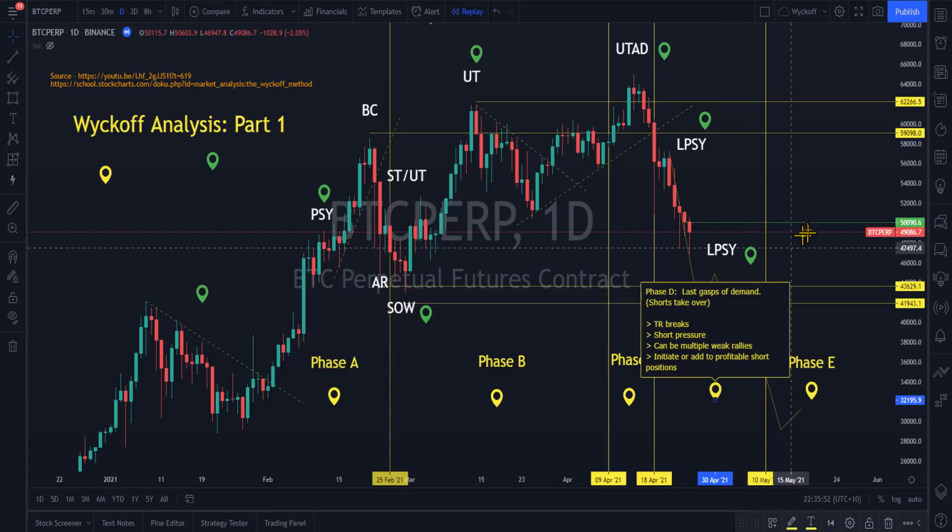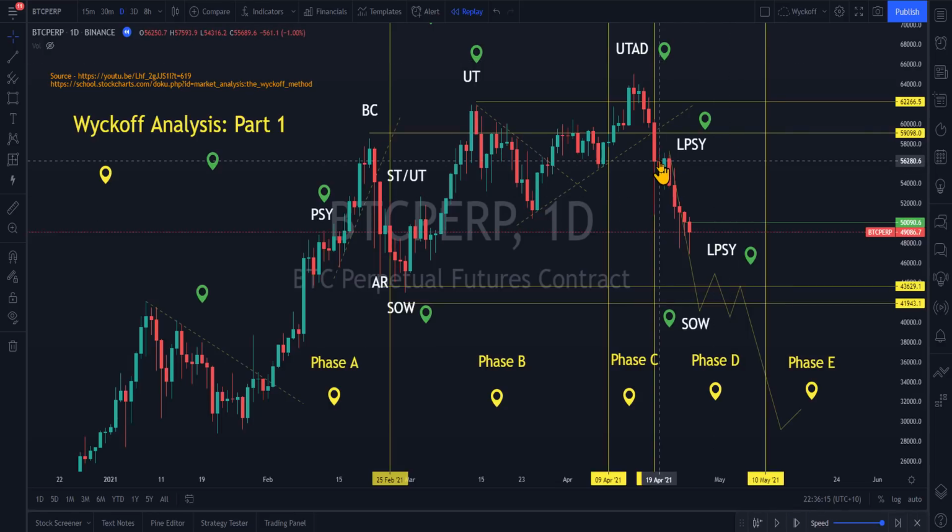Now, what's phase D about? This is what happens when we cannot make a higher high. If price came back up and made a higher high, well, this distribution would fail because it would be showing strength. That wouldn't be exhaustion. But there's so many reasons why these things happen in the markets. It's really important to understand. So at this point, all the pressure is mounting. The shorts are ramping up. They think they're going to win.